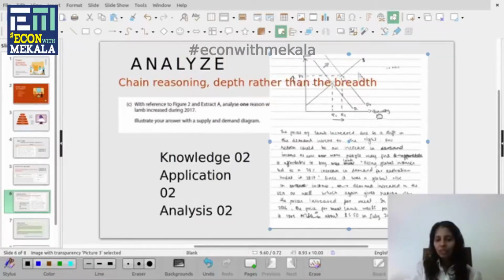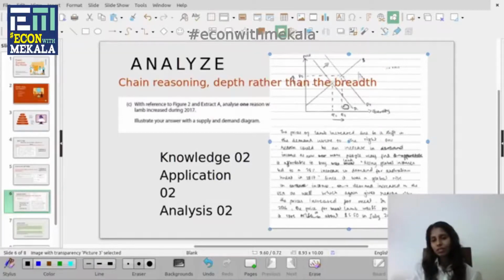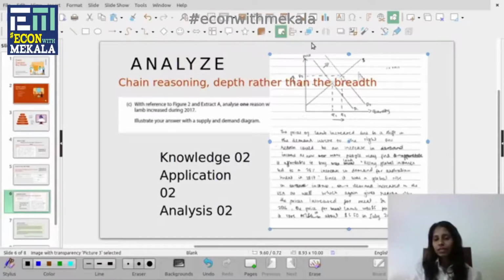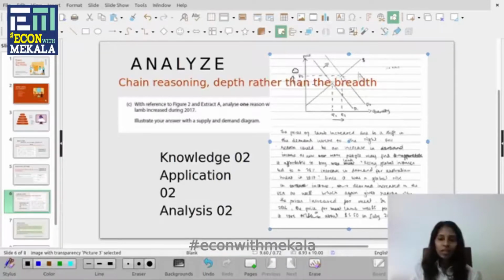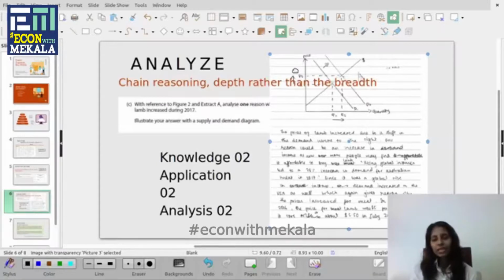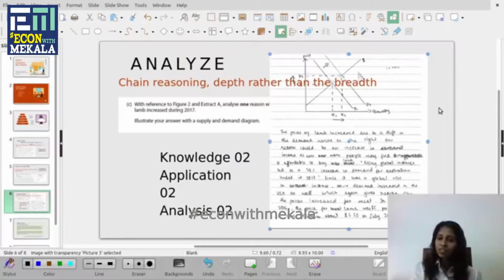They draw this graph and after that they start explaining this graph for us. Like they mention the demand curve is shifting to the right and the original equilibrium is here, the original quantity is Q1, then it's shifting to Q2, the original price is P1, then it is shifting to P2. All that the student has done. So even though you explain it again, you won't get any marks because we have already awarded marks for that.